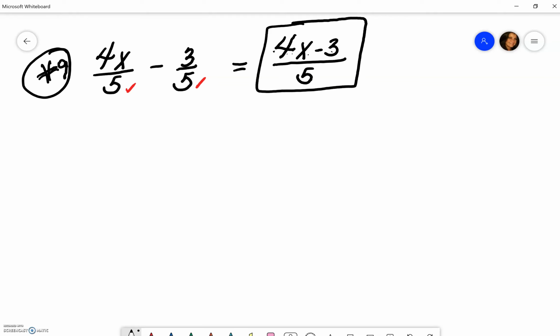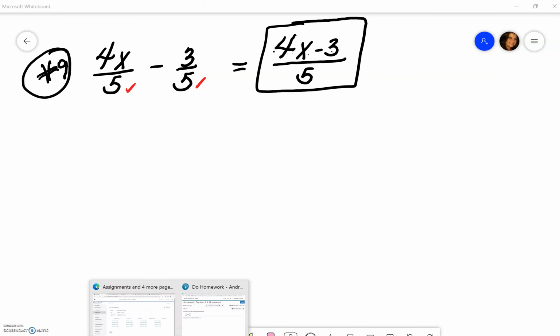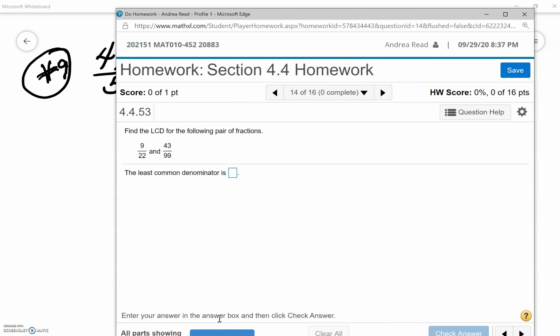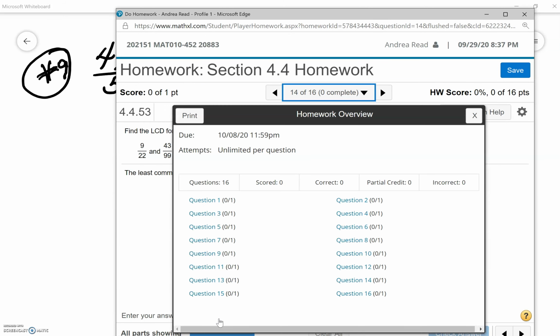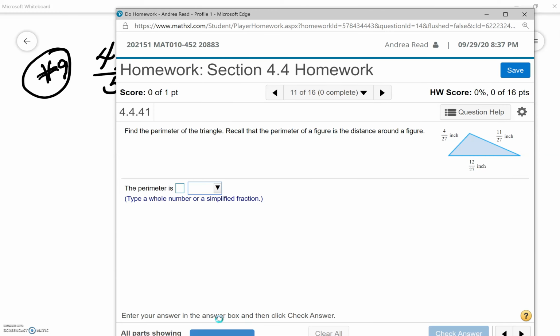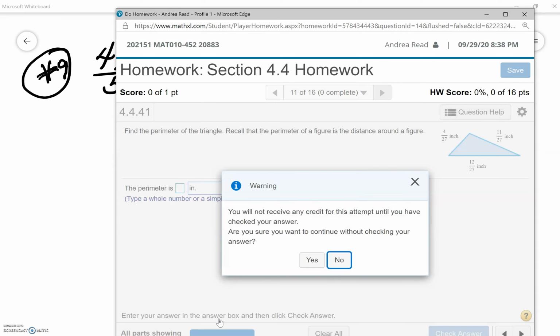All right, so I'm just going to toggle over to your homework assignments. I just wanted to point out, when you do number 11, just remember your perimeter. What you're going to do with this one is add up all your fractions. You can see they all have the same denominator. So you just add up 4 plus 11 plus 12, and the denominator will be 27, and just make sure it's in simplest form. When you're adding up a perimeter, the perimeter will be the final answer in inches. Now this next one,